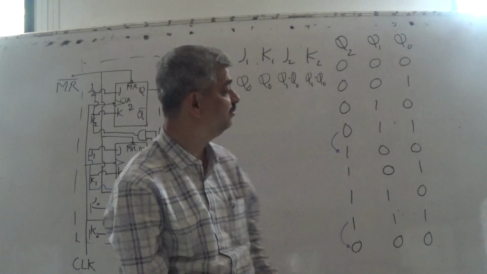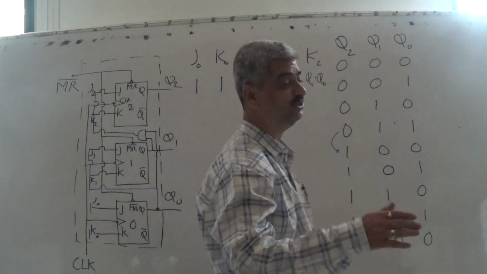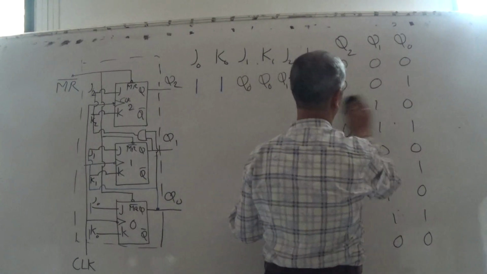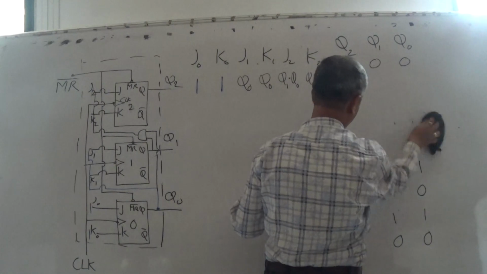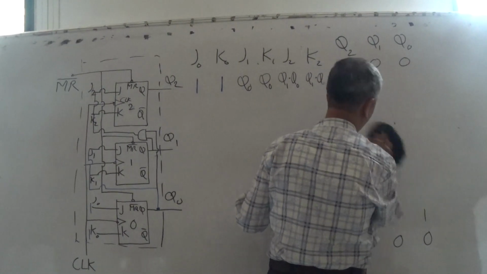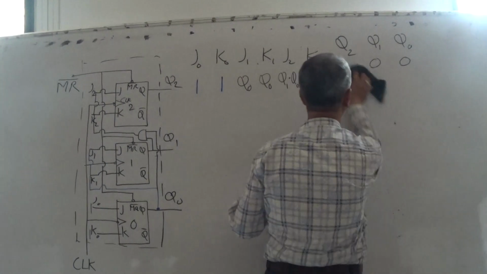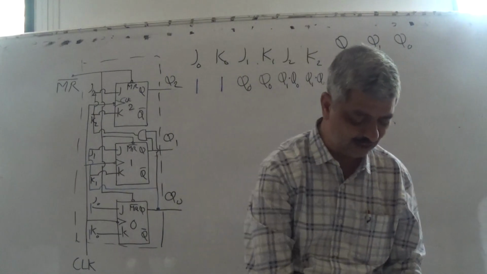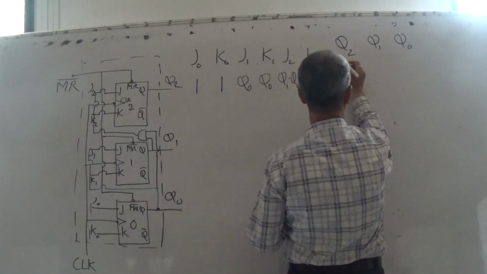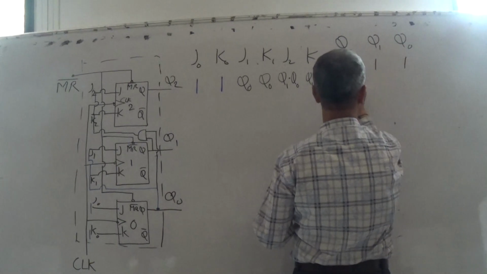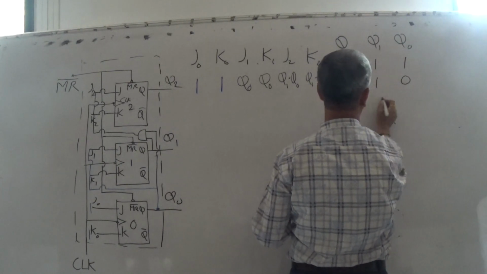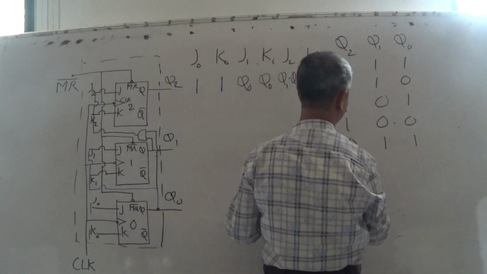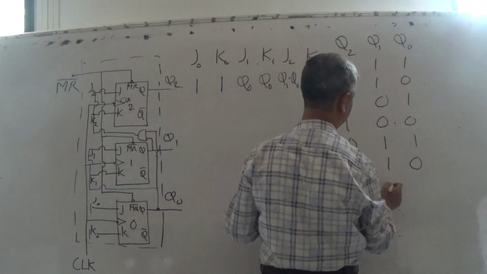Now we should design the down counter. What is a down counter? The counter should reverse. Meaning it should go in the reverse way, but I don't want to trouble you to think in a reverse manner. I will give you the appropriate sequence. So for a 3-bit down counter, we start from 1 1 1, then next is 1 1 0, then 1 0 1, 1 0 0, 0 1 1, 0 1 0, 0 0 1.